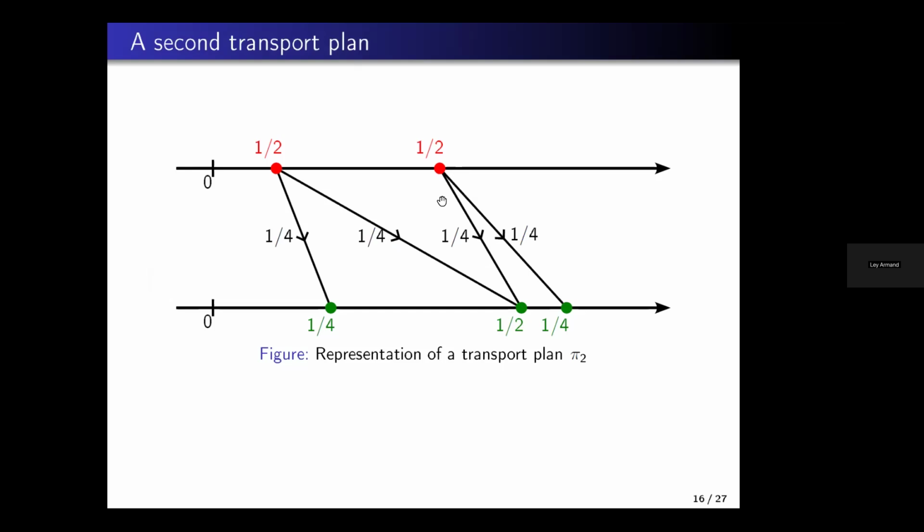Of course, you don't always have a measure with finite support. You can also have measures given by a density, and it's not always in one dimension, but it can also be a measure in 3 dimensions, which is the most natural case. For example, if you want to transport some sand from a place to another. So formally,